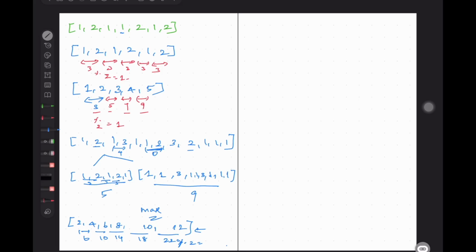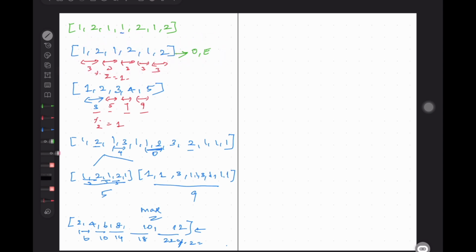Among all these examples, what you notice is a combination of odd, even. If it is starting at odd, the next index should be even. Odd, even, right? That will give you for sure the same number.